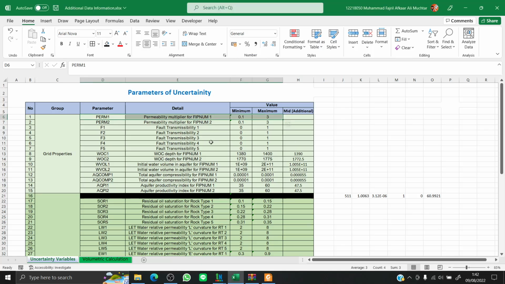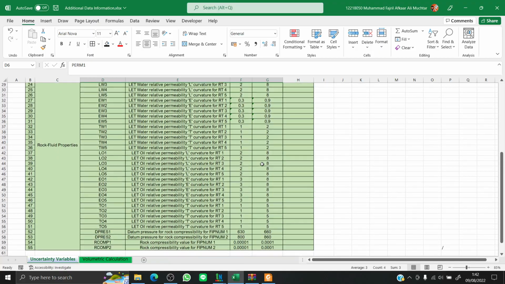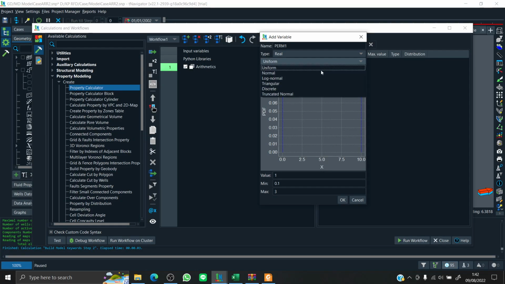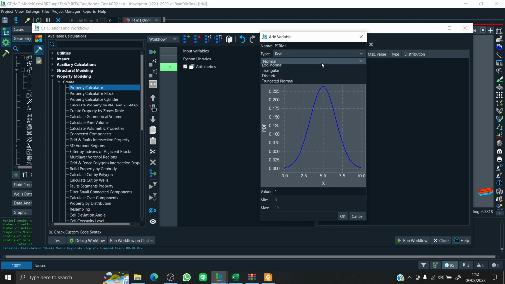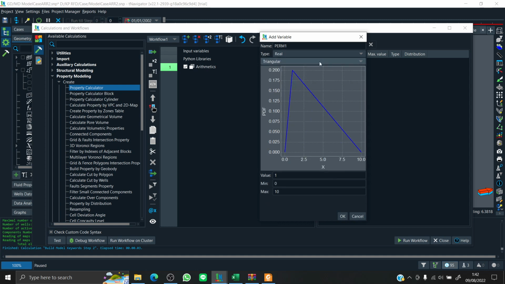I'm just gonna assume that all distributions are uniform, but you can use other types of distribution, normal distribution, triangular, and other kinds of distribution, but I'm just gonna do uniform for now. 0.1, 2, 3. Okay, I think that's it.